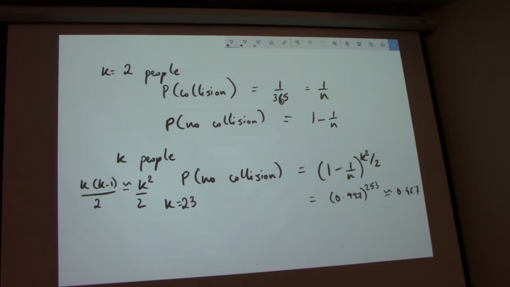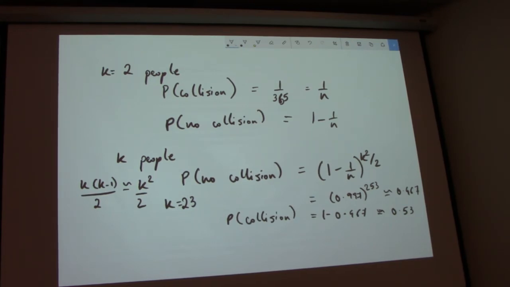So I was plugging in what we started off this problem with. I have 23 people in a room. What's the chance that two people share a birthday? Then the probability of a collision is just 1 minus this, which is about 0.53, right? So it's like 53% chance that two people will share a birthday if there are 23 people in a room,